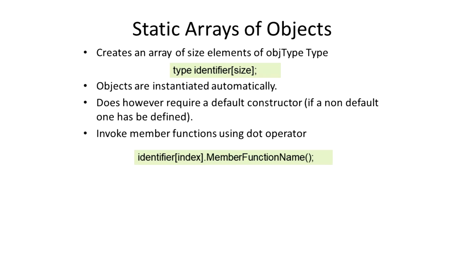If we're going to explicitly define a non-default constructor, then we also need to explicitly define a default constructor. But if we don't explicitly define either, then the compiler will implicitly create a default constructor. Okay, so it's either or. We either don't specify a default constructor, or if we do specify a non-default constructor, we also have to specify